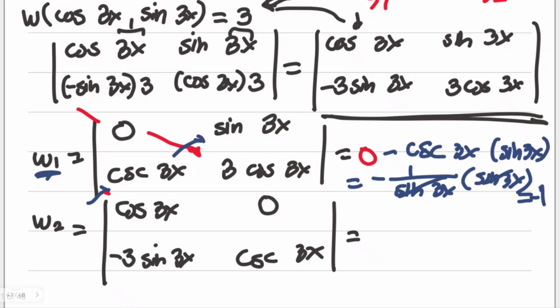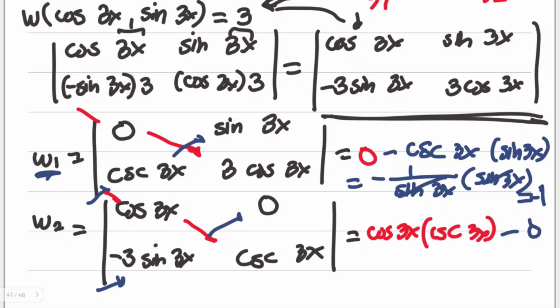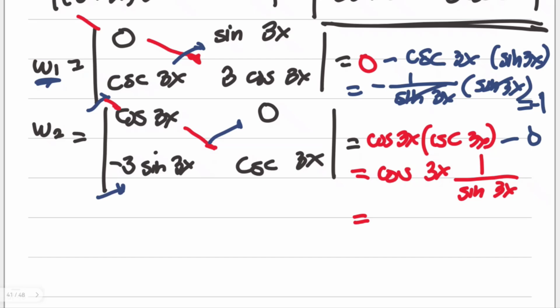Next, here you will have cosine of 3x times cosecant of 3x, then minus this side is 0. We know that cosecant is 1 over sine of the same angle. So you will have cosine over sine, which is cotangent of 3x. This is our W sub 2. This was our W sub 1 earlier. So now we can take the ratio